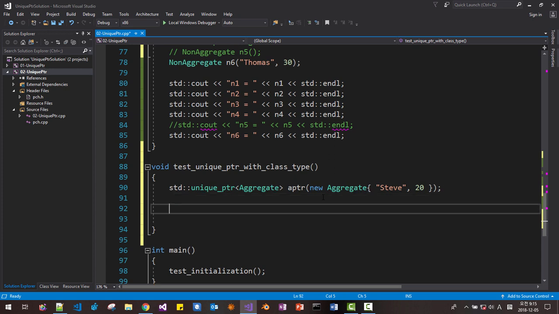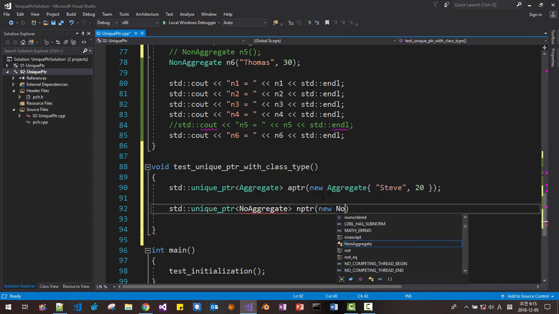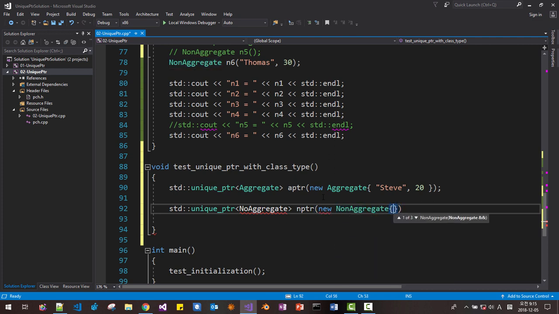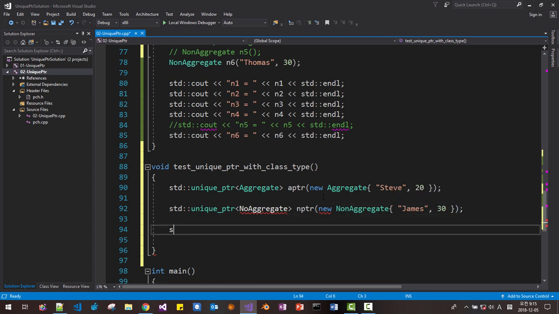Okay, and std unique ptr non-aggregate nptr new non-aggregate James 30. Now we display std cout